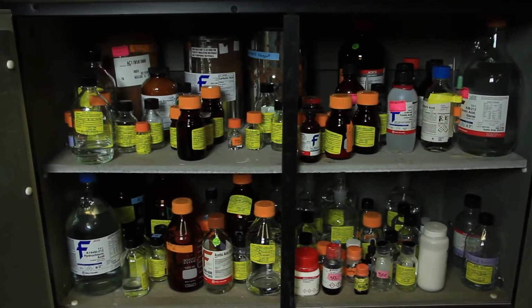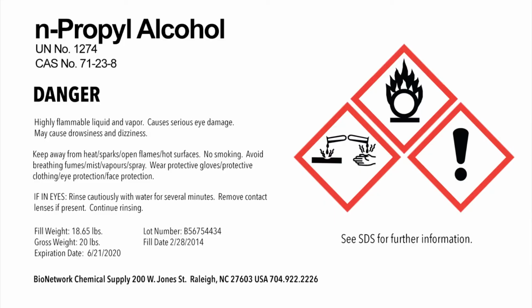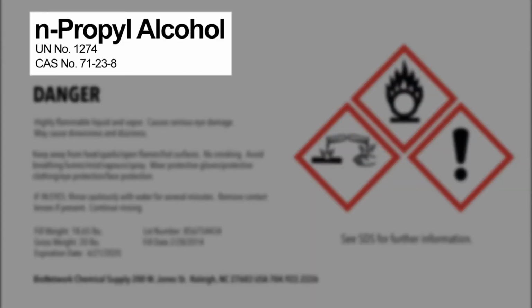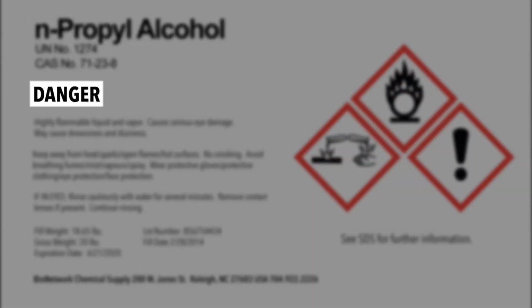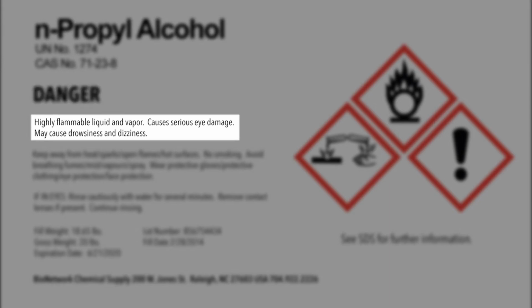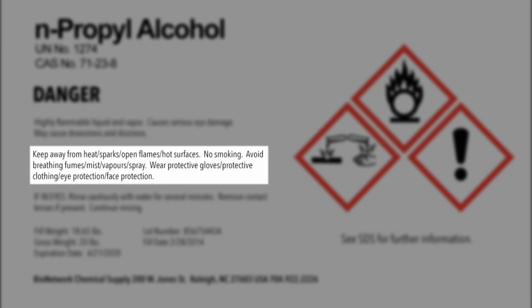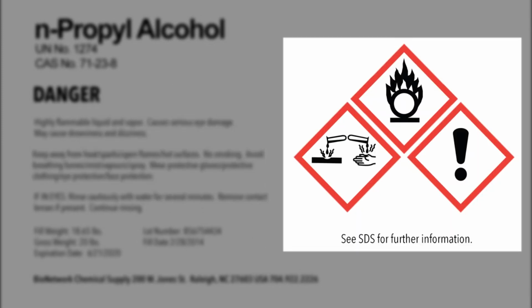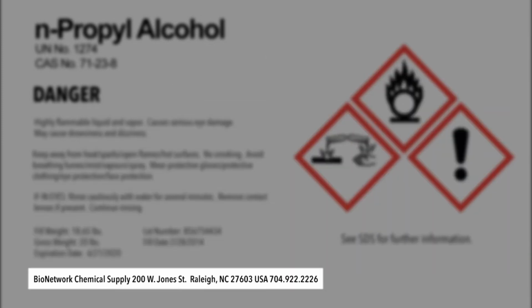Safety data sheets provide a lot of information about how to use chemicals safely in the lab. But there's also another way to learn about a chemical, and that's by reading its label. The new GHS format requires each chemical in the lab to be labeled with the product name, a signal word such as danger or caution, physical, health and environmental hazard statements, precautionary statements, pictograms, first aid instructions, and the supplier's